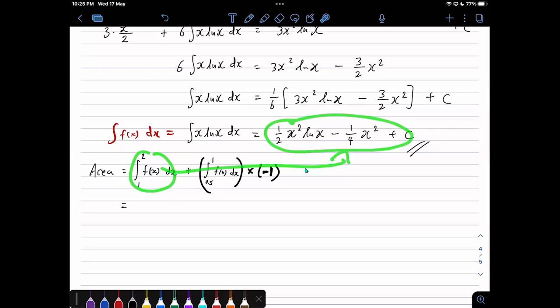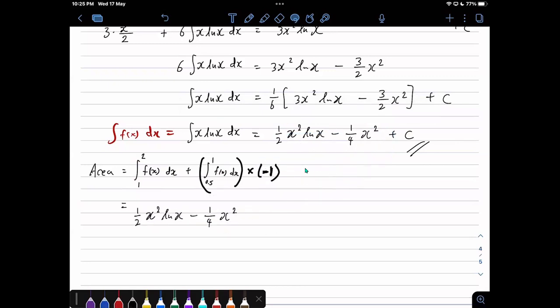No, don't need. Why? Because it will cancel itself out. Yeah, when you substitute x equals 2 and x equals 1 in the definite integral, the plus c will stay the same. It will cancel each other off. So anyways, we can just copy down this whole thing without the plus c, then just label x equals 1, x equals 2, lower and upper limit respectively,